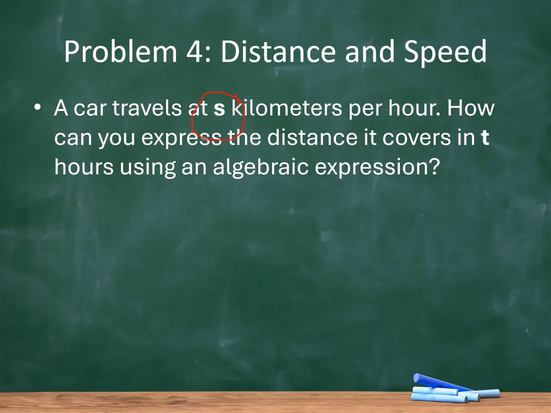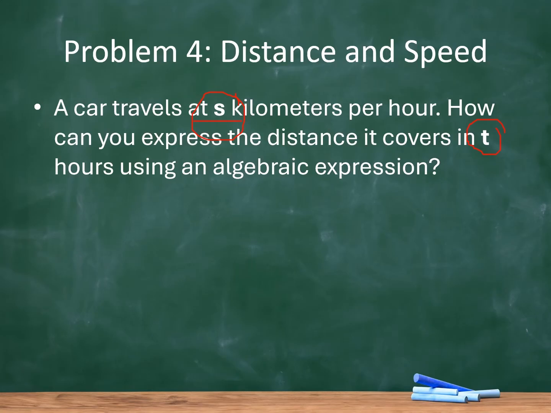How can you express the distance it covers in t hours? So we do not know how many hours the car has traveled. So we will use another variable to represent the time. We will use t. So we have here s